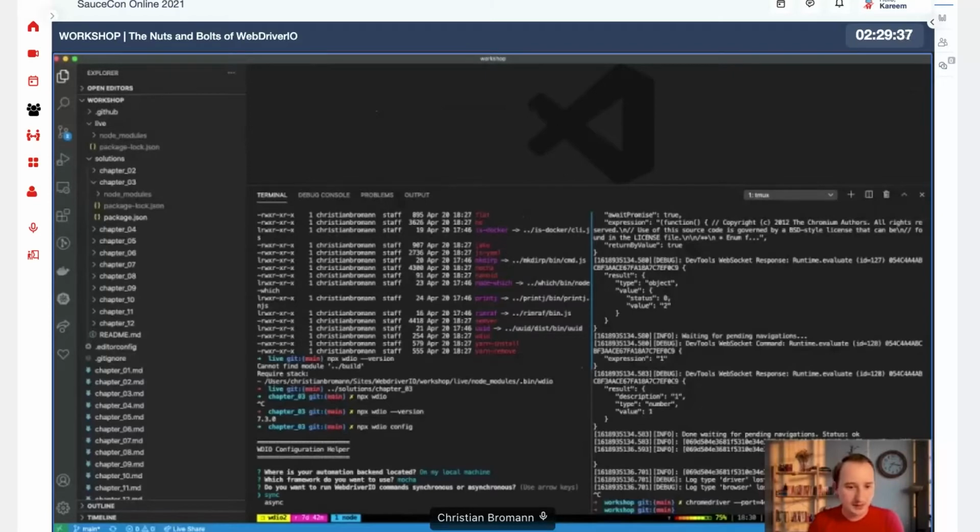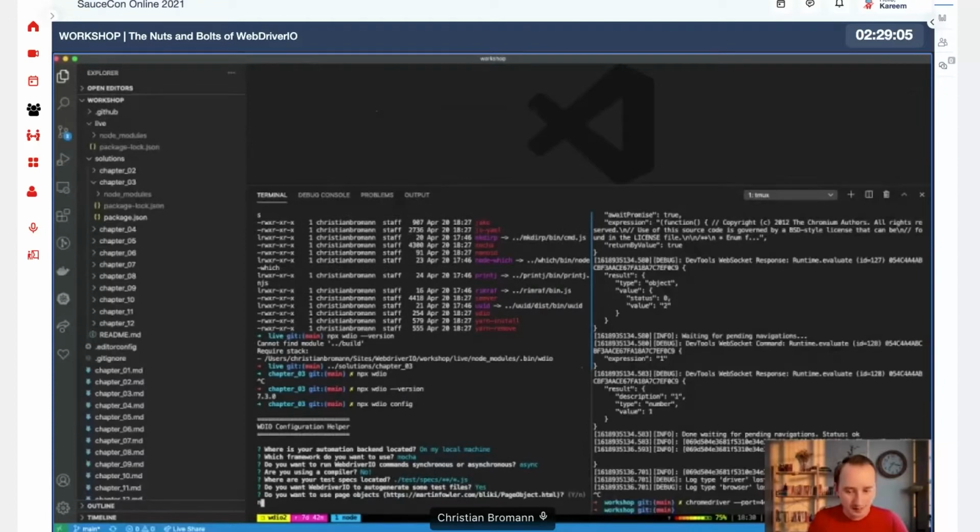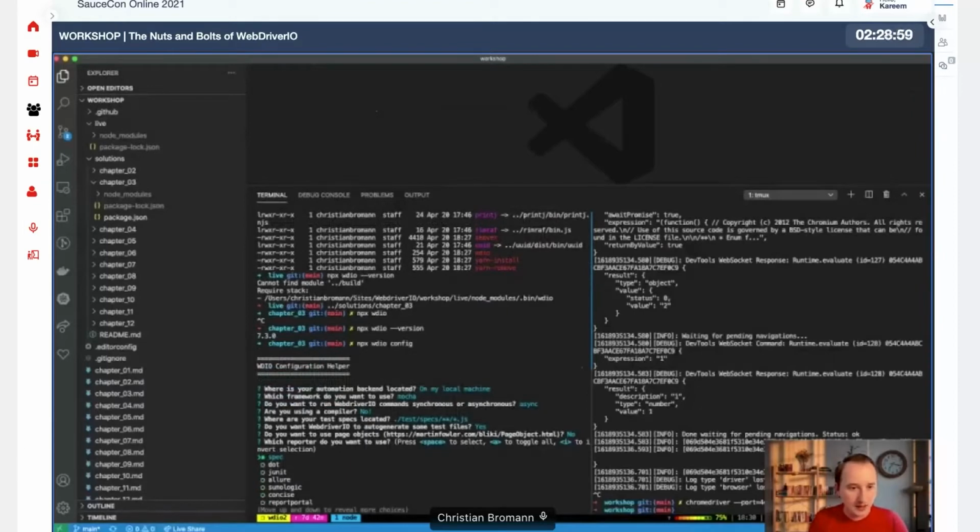Here, if you want to run synchronous or asynchronous, you can do synchronous. I will do asynchronous given the situation that we cannot continue using it anymore. Here, it asks you if you want to use Babel or TypeScript. If you pick one of them, WebdriverIO will set up TypeScript and Babel for you. It will ask you where your specs are located. So I will continue with the default. I want to auto-generate some tests, but I don't want to use page objects just yet. That's something for later. I use the spec reporter,